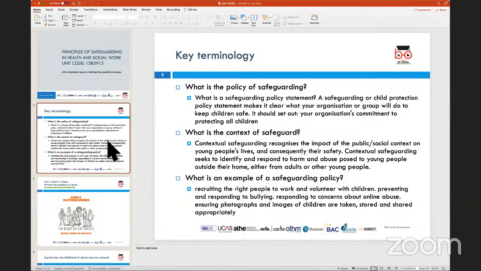Now, if we need to put this into a context in terms of what is safeguarding, one of the best ways to look at this would be to go in and check out one of our policies on our website. If you go to UK Versity's website, and go into the footer section, or in your Moodle when you log in, you're going to be able to see a safeguarding